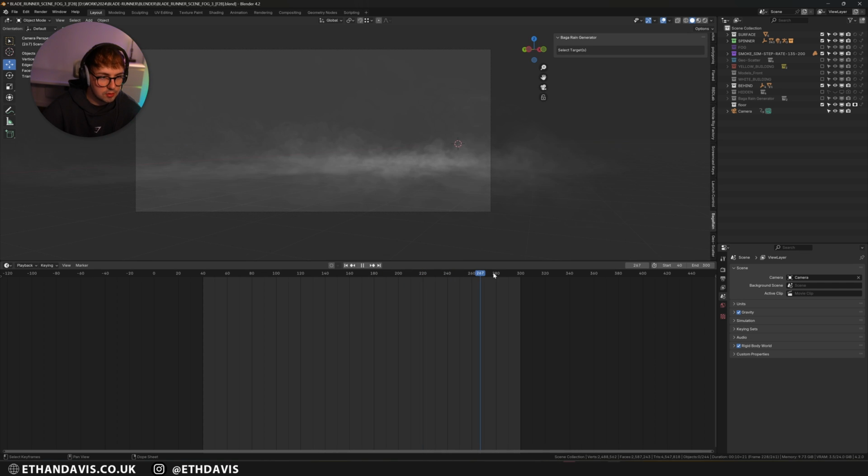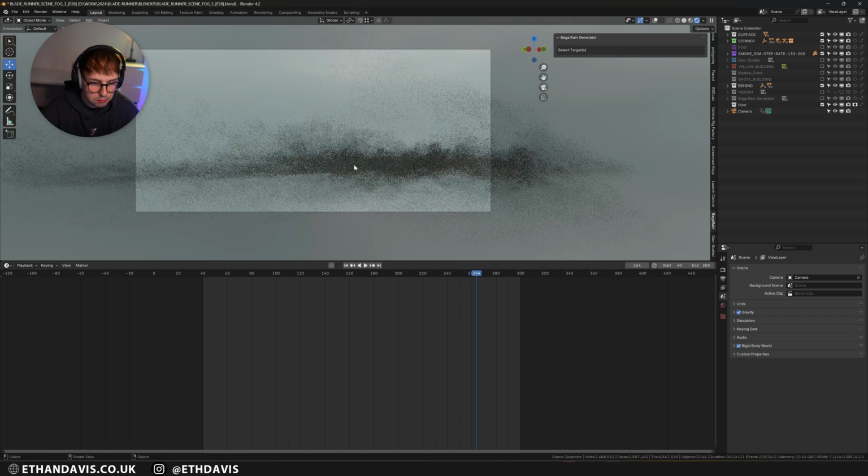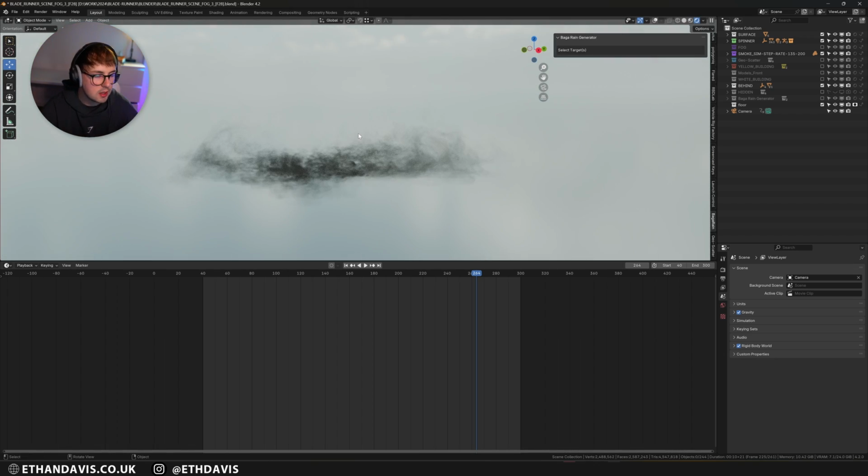If I just go through it, you can see how it's sort of like a helicopter landing is sort of what I was trying to get. But obviously with wet dirt, you wouldn't get a lot of kick up. That's why it isn't like going into the sky crazy. I just wanted like a subtle sort of vortexy dirt effect. And then if I go up to the top too, you can see it a little bit better. So this is from top view. You can sort of see what's happening. So it's quite simple, but I think it added a lot to the shot and made it dynamic.